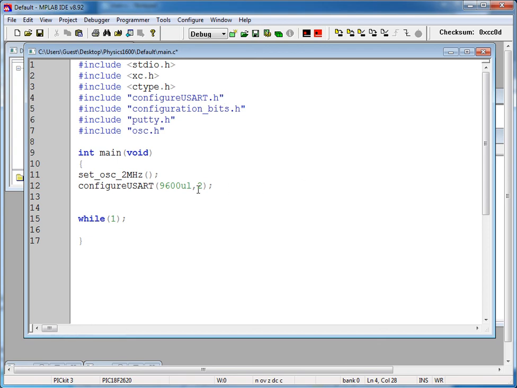And you may have to choose a different value, and USART allows you to operate at many different values, or you need to change the speed that you're working at. I think that's everything for now, so we'll finish right